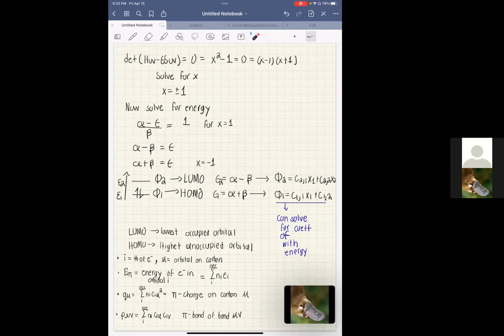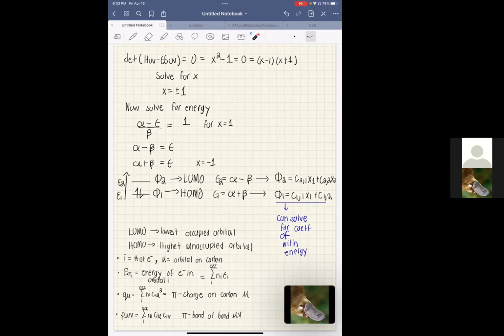And we're going to find the lowest occupied and the highest occupied orbital. This is the highest occupied orbital, and there are no electrons here, which means it'll be the lowest unoccupied orbital. From this, we can also solve for the energies based on the coefficients. Like I said before in variational theory, you can solve for the coefficients with the energy, but in this case, we can use the coefficients to find the energy of an electron in an orbital, like the total energy of that